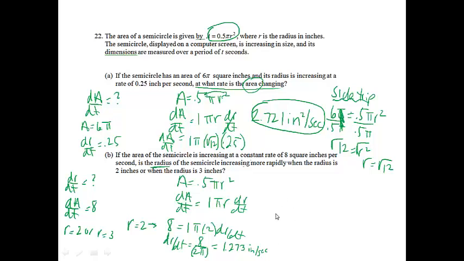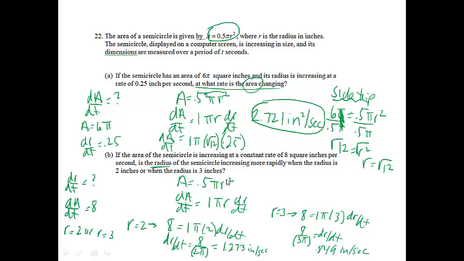Okay, and then when I let r equal 3, I'll get 8 equals 1 pi times 3 dr dt. If I divide both sides by 3 pi, I'll get 8 over 3 pi is equal to dr dt. And again, if I use my calculator, making sure my 3 pi is in parentheses, I'll get 0.849